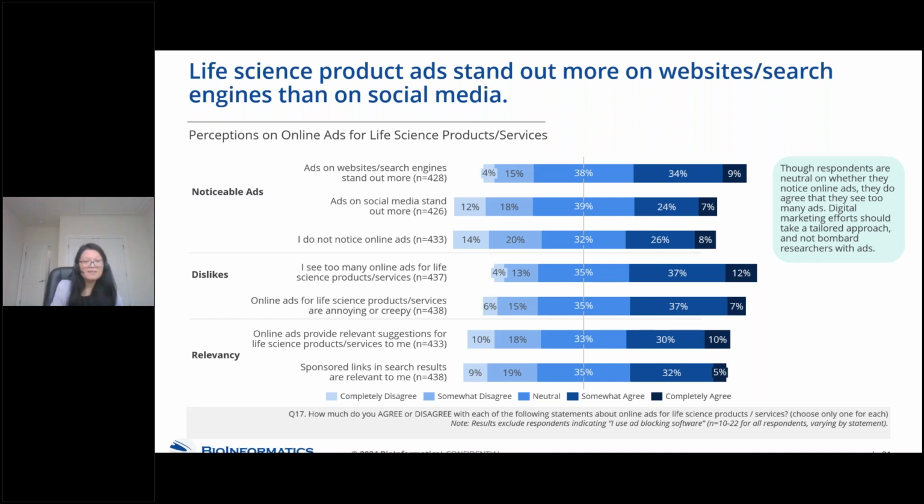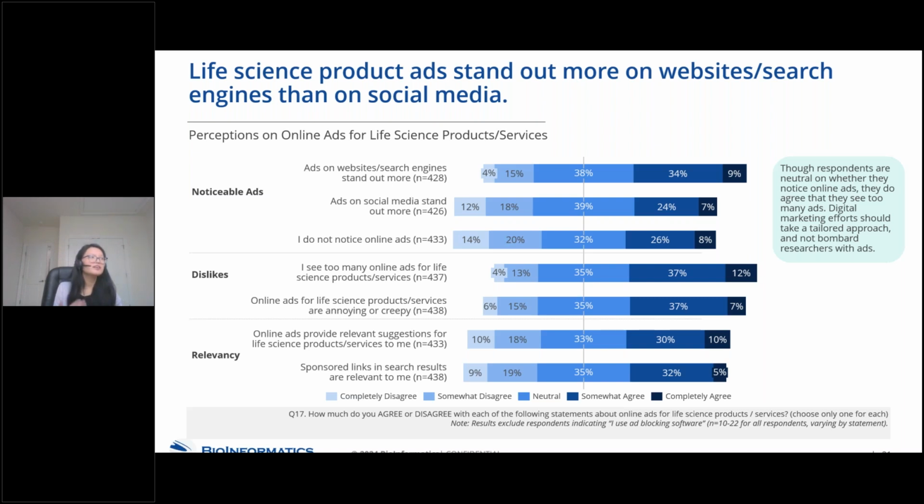In terms of effective targeting and relevancy, 40% of respondents agree that online ads currently provide relevant suggestions for products for them, and in terms of sponsored links, 37% agree that these sponsored links are relevant to them. So slightly more than respondents who disagree, but we do see a more divergent pool. And though respondents are overall neutral on whether they notice these ads, they all agree that they see too many ads.